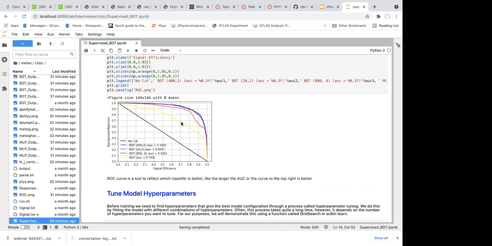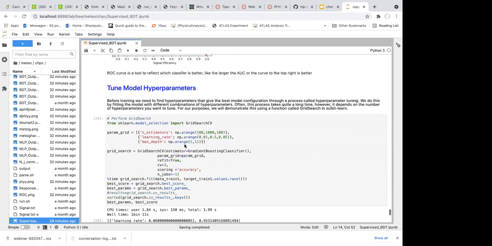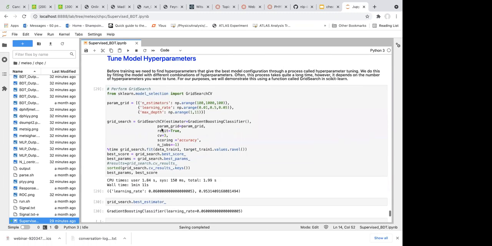Now that we have almost reached the end of this hands-on session, we have the last block, which is just a part to do some automatic search of the best hyperparameter. For example, we have just analyzed that with different hyperparameters, different numbers of trees, different depths, we can have totally different performance and totally different overtraining.